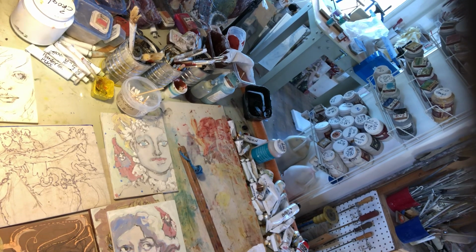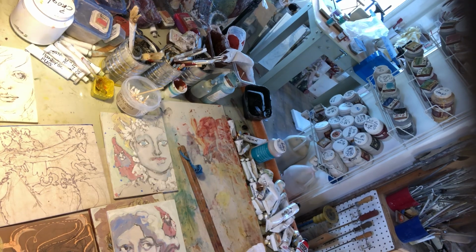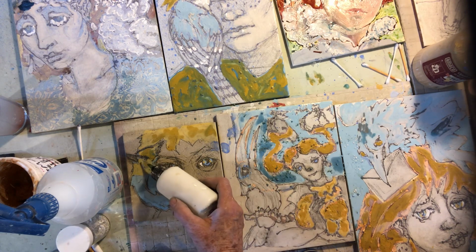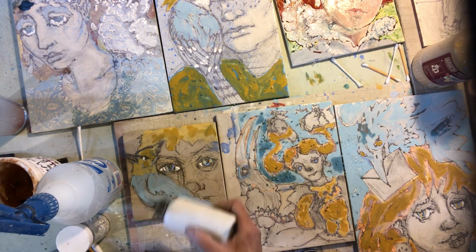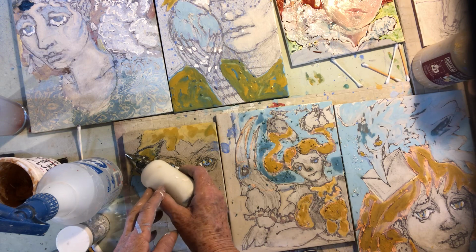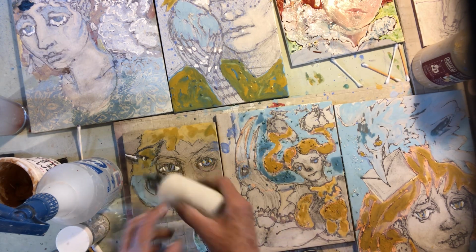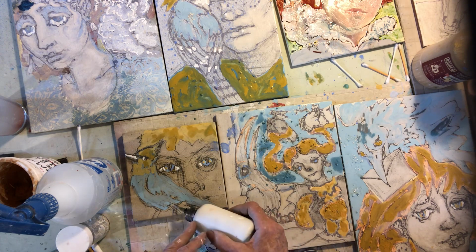All right, how's that? Getting close. Over here. Looks like I missed an eye, huh? And I could do it here. And I'll put a raised white line here, and then when it dries, I can work color over it. Same with his